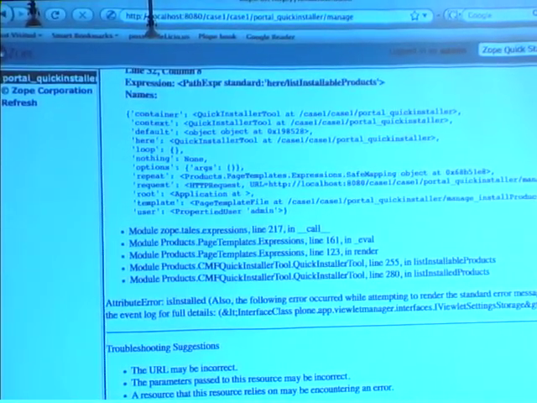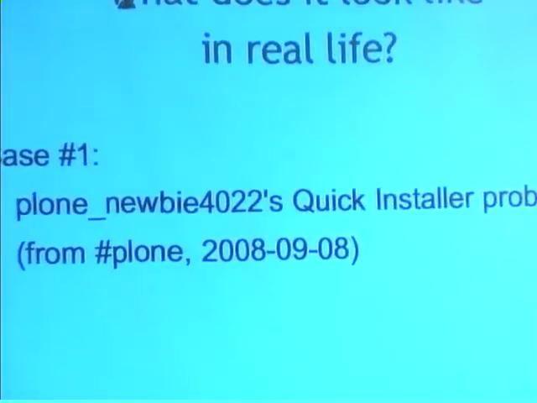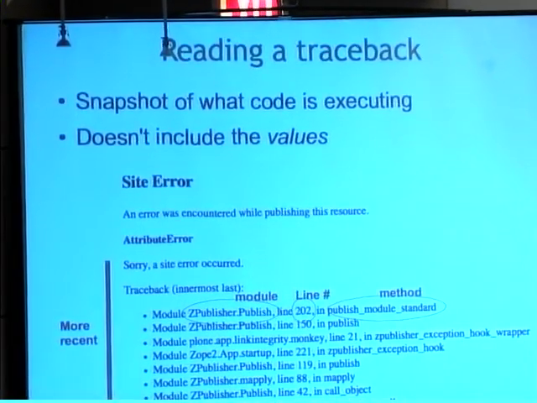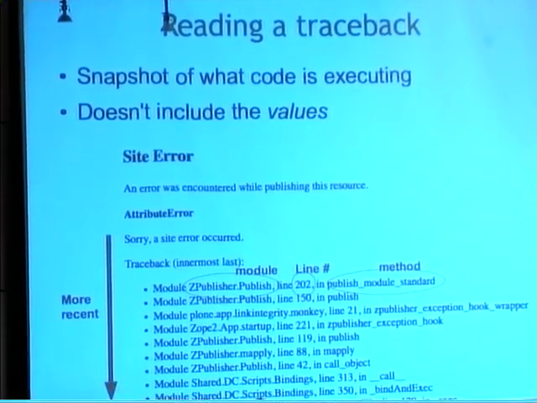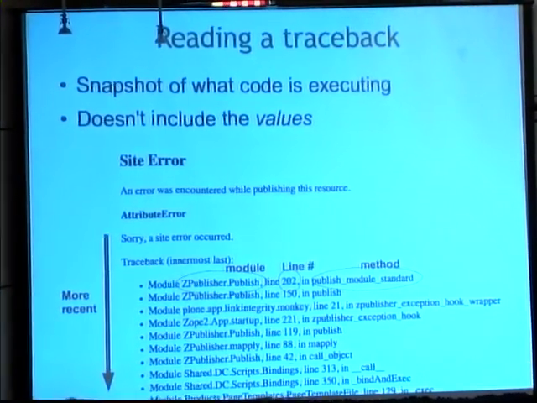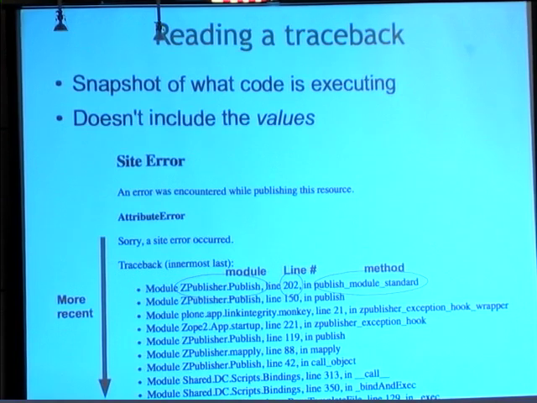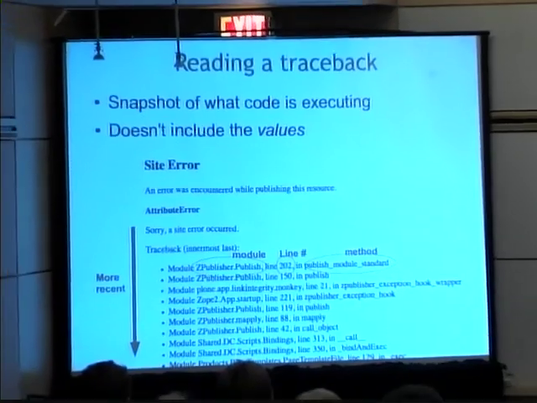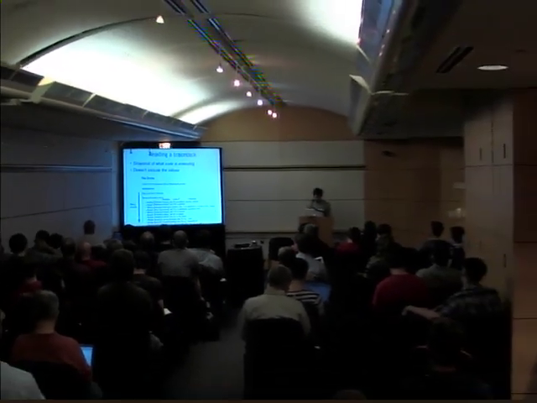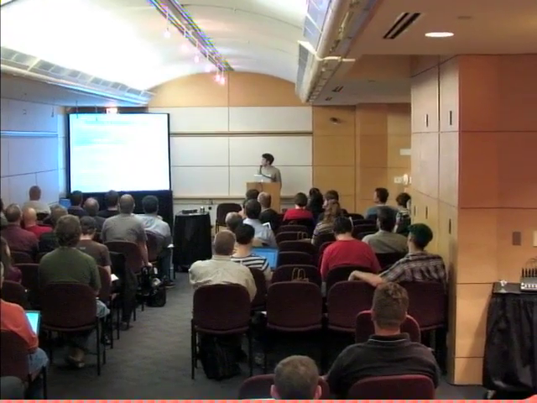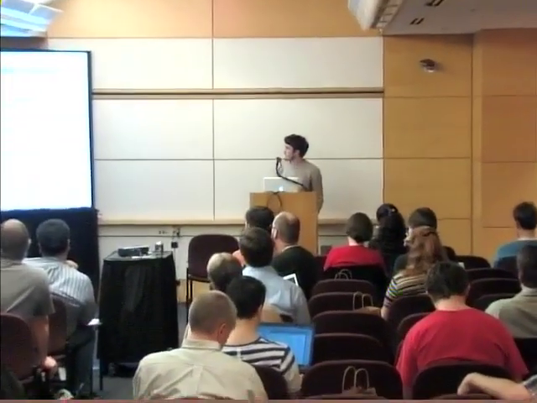This is a traceback, and tracebacks are your friends because they tell you where things are going wrong. A traceback is basically showing you the code that's running at a given instant in Zope. At the top are the publish calls that start everything off, and then as you go down, you get closer to where you actually are right now. For each one, it prints out the module and the line number and what method is being run. The most important thing to look for, there's a lot of stuff here, but you want to look down at the very bottom